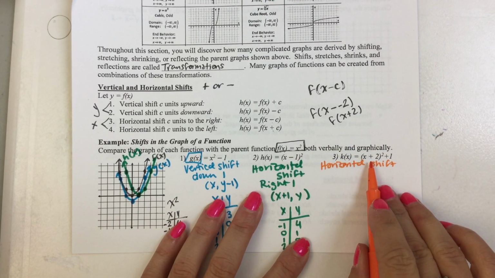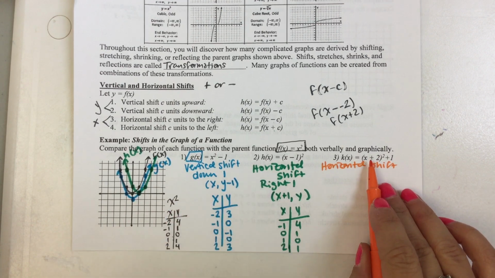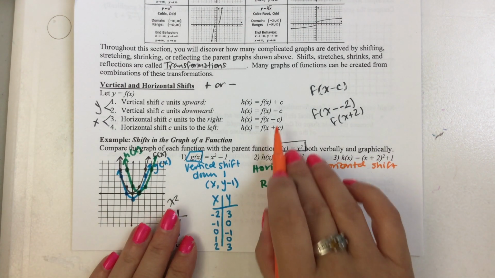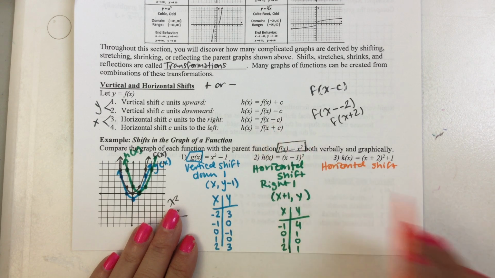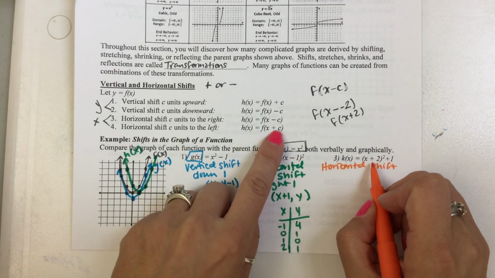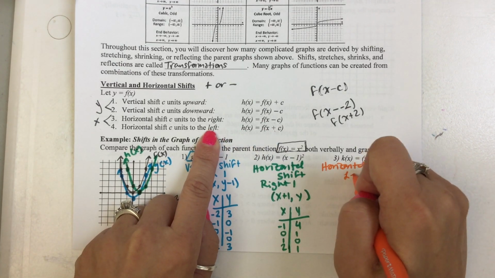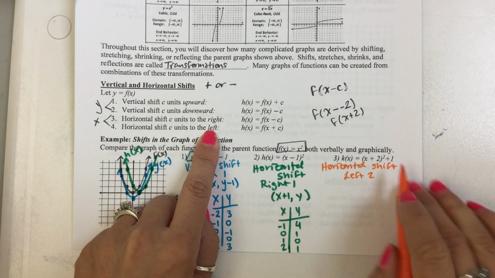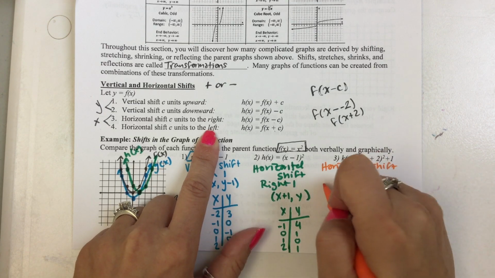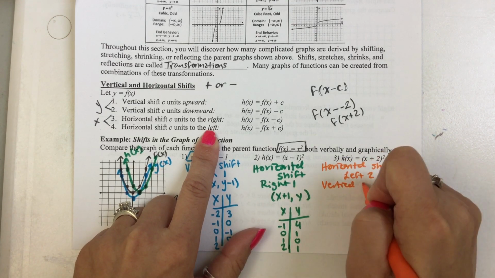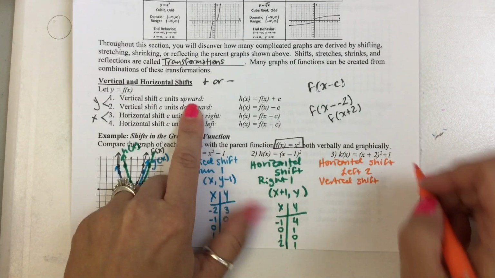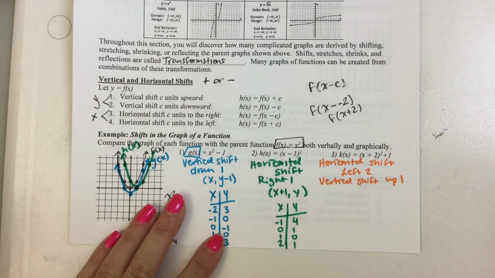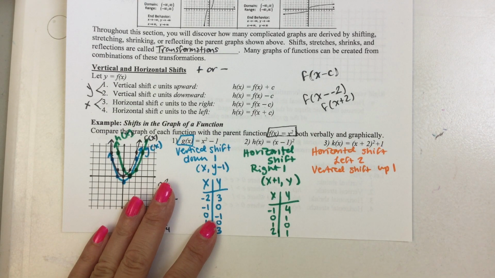It's a minus, or sorry, it's a plus. In order for this to become a plus, I had to put a negative number next to that subtraction sign. So it's minus and negative. Because this is a plus, I'm going to the left 2 units. Now adding at the end, not in parentheses, that represents a vertical shift. Vertical, if you're adding to the end like we are, going up 1. So we are taking this graph and we are going to the left 2 and up 1 to change the